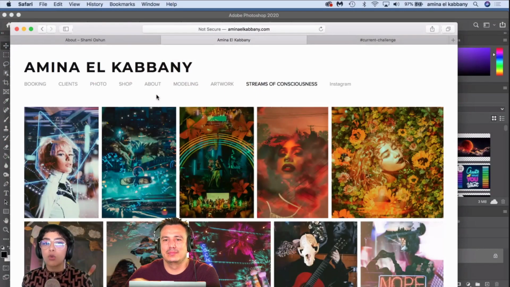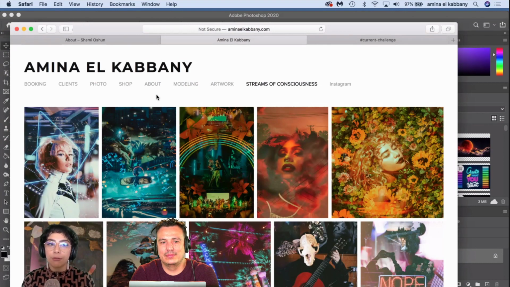But what we're going to be focusing on today is digital compositing, which I like to call digital collage. And I consider my collage practice to be a stream of consciousness type of process. What I mean by that is I allow my mind to wander through whatever platform I'm using. Today we'll be using Photoshop. So what I really want to focus on is the intuitive process of creating a visual description that will show how you're feeling.